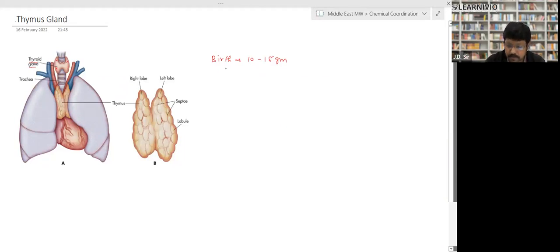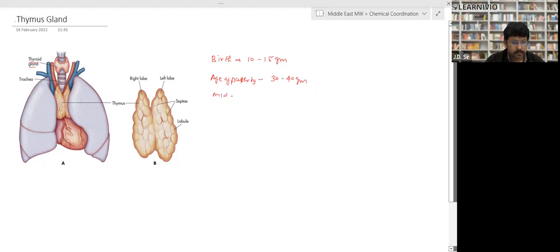When we grow up, at the age of puberty, it is 30 to 40 gram in weight, and